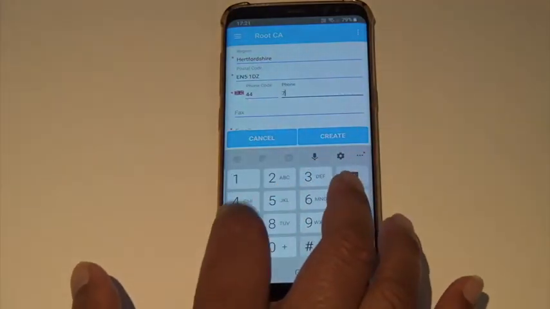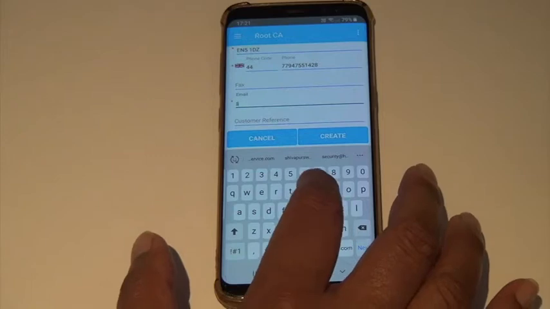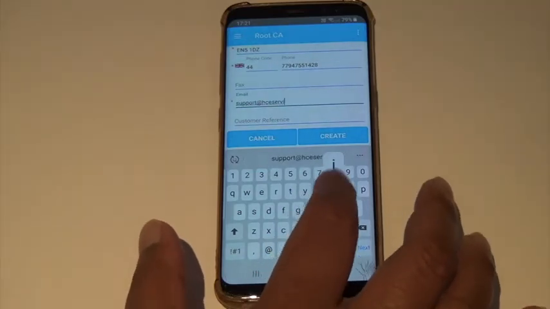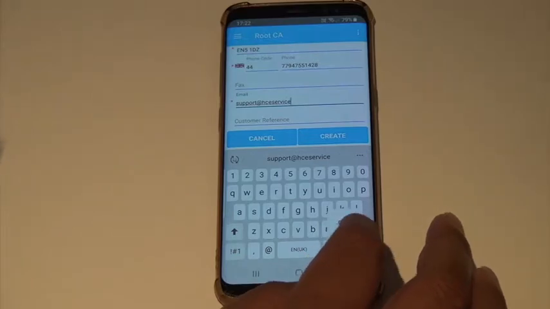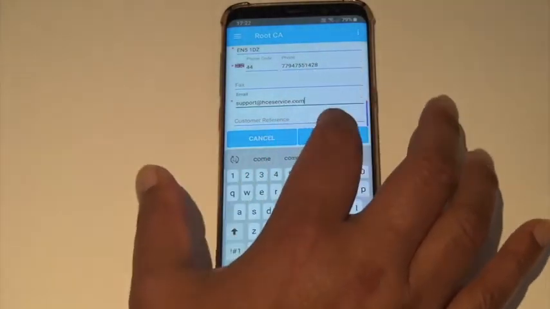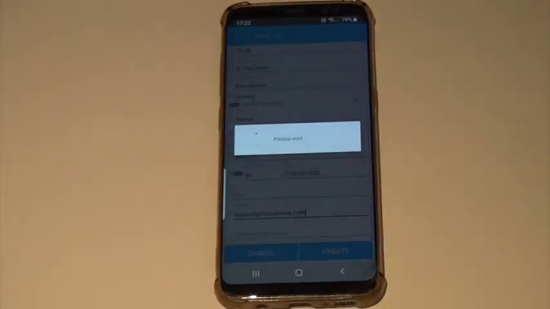Phone number and the email address. Okay, create. So this is now generating a root CA on the host for IPOSUP.com and generating the root certificate